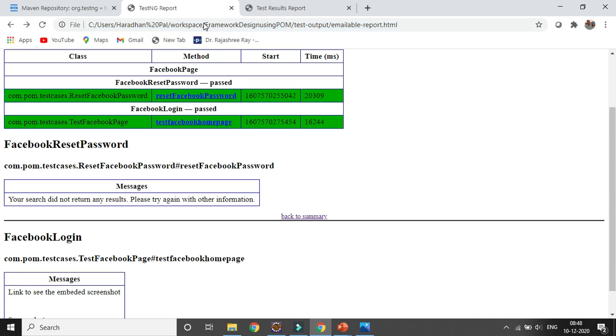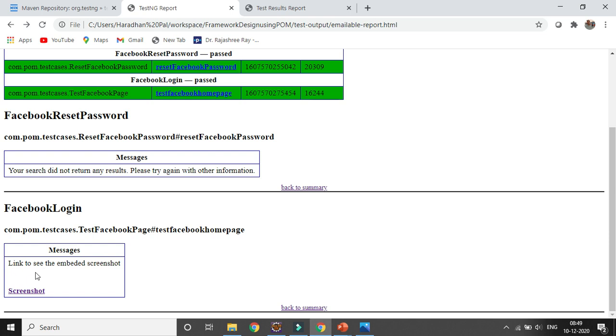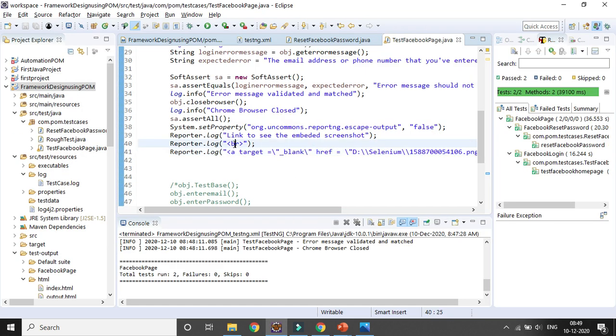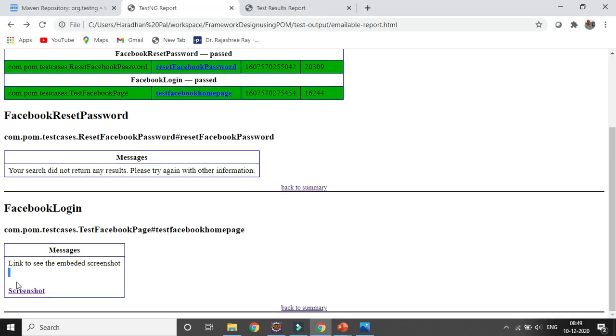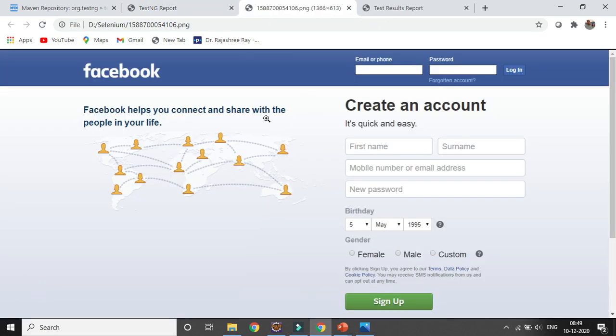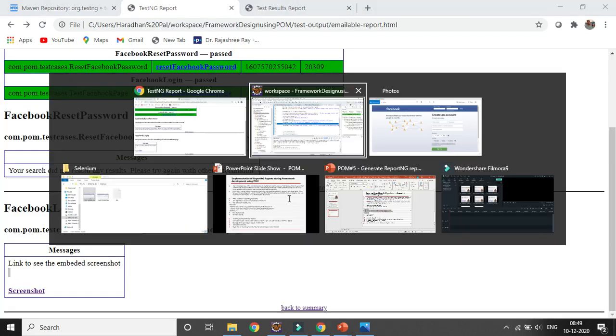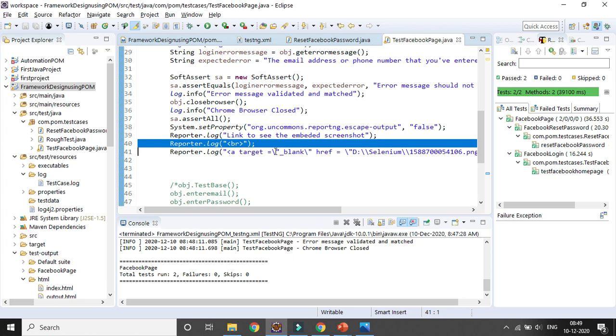both the default ReportNG, and here you can see the one line is getting pasted, right? This is the result of the break BR, so it is spaced by one line and it is not coming in the second line. Now if you open the screenshot, you can see it opens in a new tab instead of the same tab. That is the beauty of that particular line of code: target equal to _blank, so it will open in a new page.